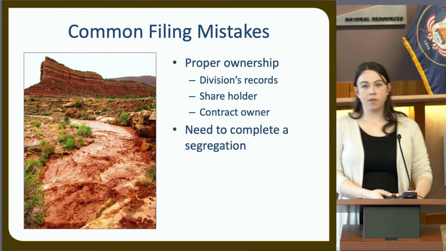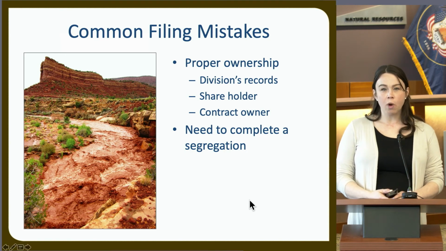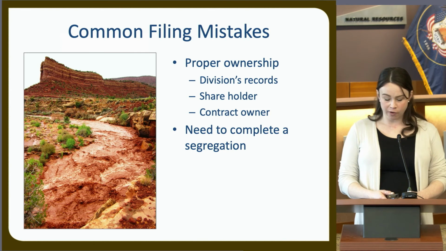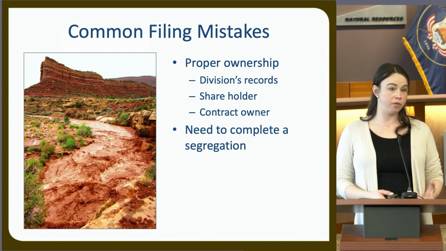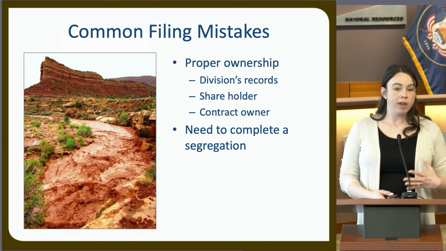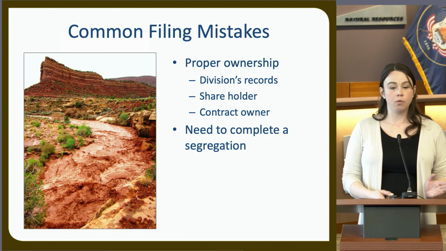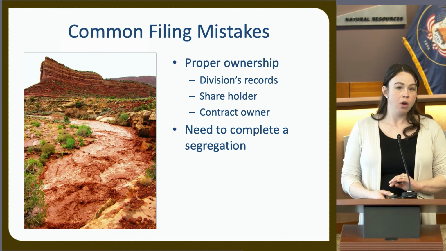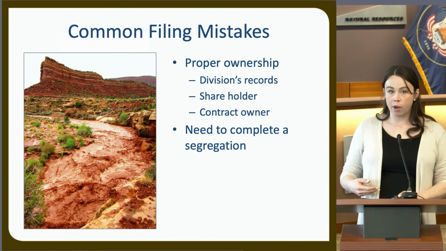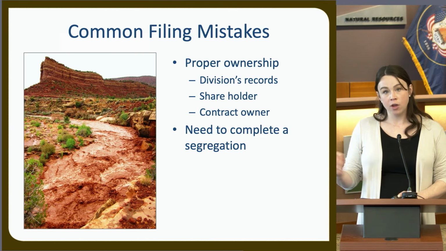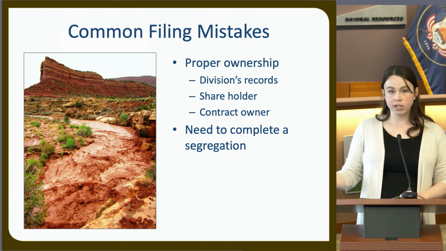The next is that you may need to complete a segregation, and there are a number of reasons why you may need to complete a segregation before filing your paperwork or your change. That could be that you just want to file a change on a portion of your water right. Say you have a water right with 100 acres of irrigation, and you intend to move 1 acre of that irrigation to a new property, but the rest is going to remain the same. It might make the most sense to segregate off that 1 acre to then file the change. So move it from the parent water right to its own water right number